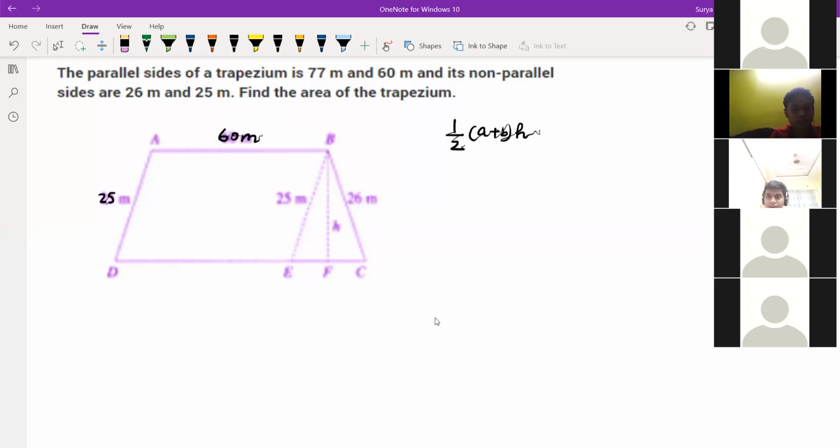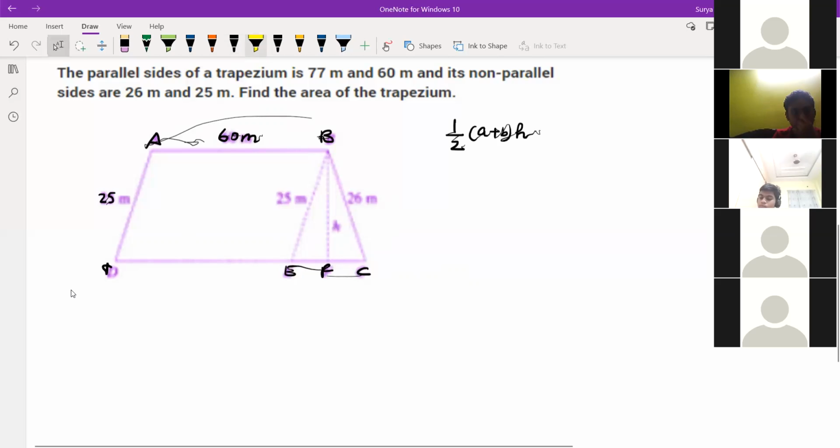Sir, we'll find out the area of the triangle and then... Which triangle? I mean, the BEC one. Achha, this BEC you are saying, no? Yes. You can find it, the same formula we have to use. This concept we have done earlier also, but we are not utilizing it. This is A, this is B, this is C, this one is E, this one is F, this one is D. Okay, so A, B, C, D, E, F.